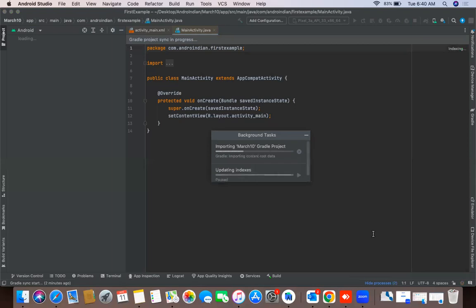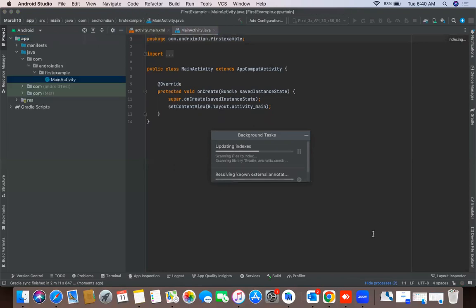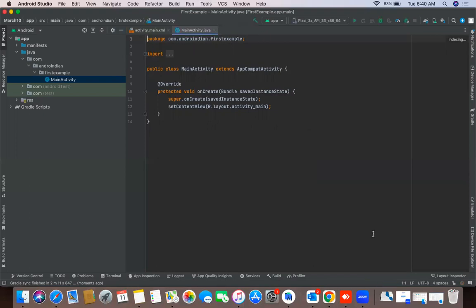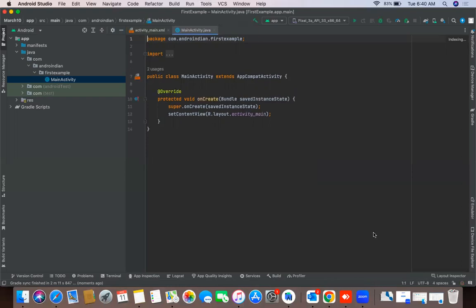So here the XML file is for design and Java is for the functionality. Meaning in XML, we will design our user interface, and in Java, if you want any action for that user interface, we will give it in